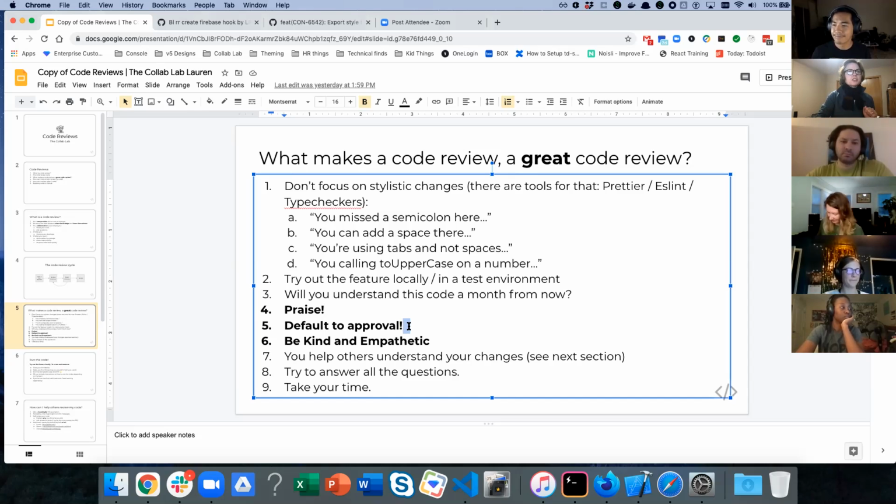This is so great. Default to approval. And what I mean by that, let's say someone has a pull request and they accidentally left in a console.log or left in something that they didn't want to have as a part of that pull request. Approve the PR, and really that's the only thing, right? Approve the PR, say, yep, this looks great. Let's just get rid of that console.log. But approving, like defaulting to approval, rather than requesting a change, having them make the change, and then having to